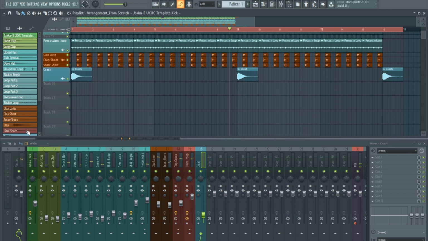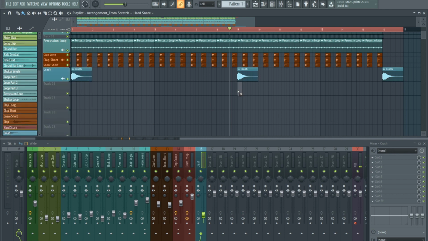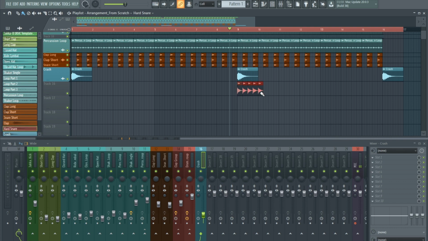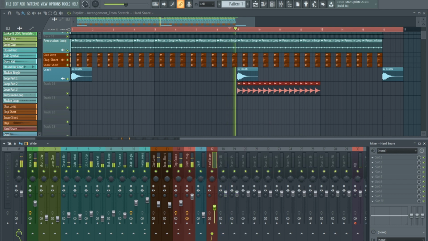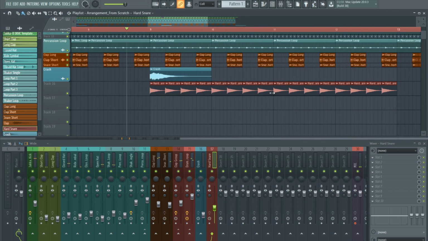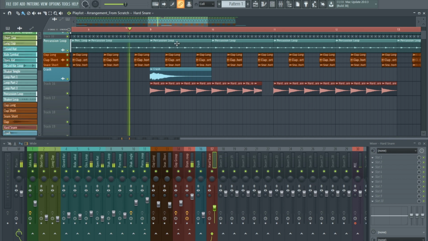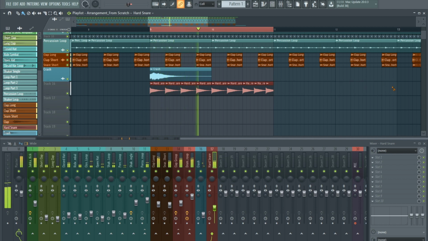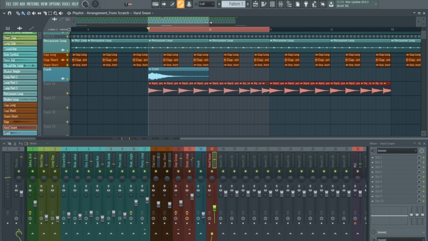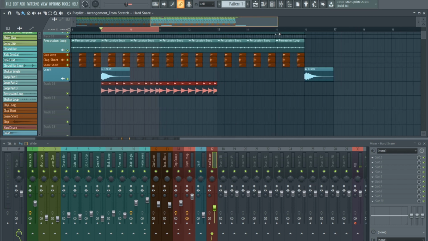And last but definitely not least, the snare, which will just create the kind of tension going into the next part. I mean, there's loads of different patterns you could do. I'm just kind of going to throw this one together just to give you an idea of how a snare